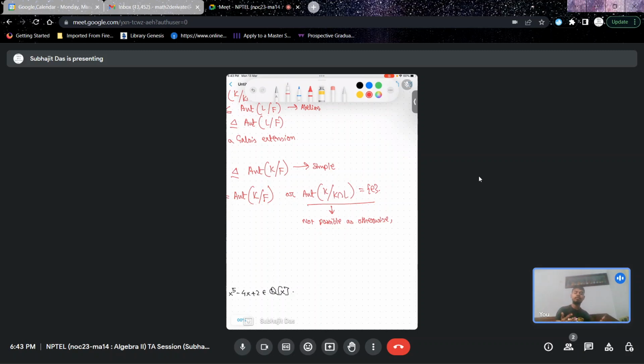So what is the fundamental theorem of Galois theory all about? It says that you have two lattices, right? On one hand, you have the lattice of all subgroups of the Galois group, and on the other hand, you have the lattice of all intermediate subfields, right? And the fundamental theorem of Galois theory basically says that there is an antitone Galois connection from one onto the other, right? So the Galois connection is given by sending a subgroup H onto the fixed field of H in the extension field, that is E^H, and the inverse map is actually given by